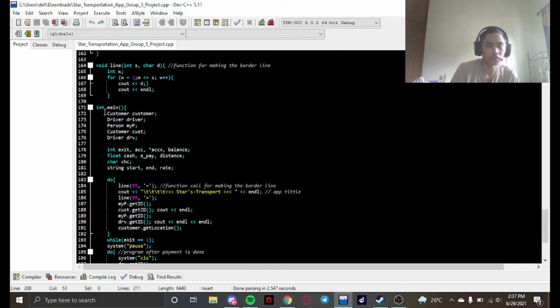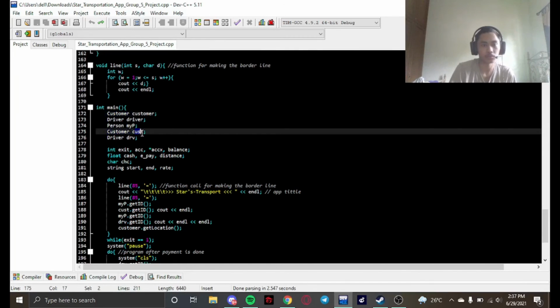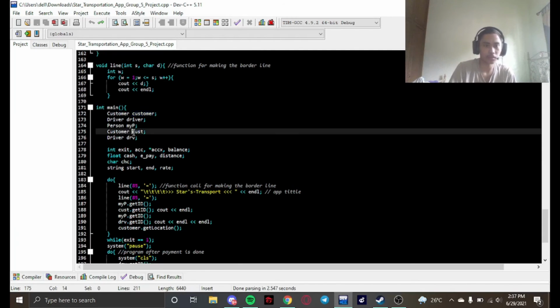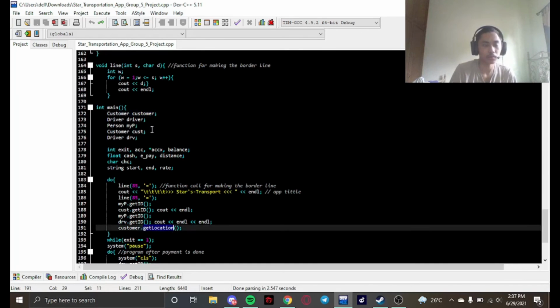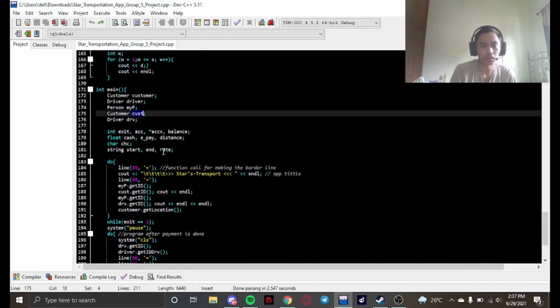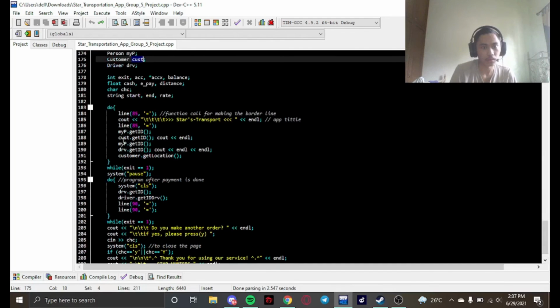Here we have two different customer variables, which call different functions from the same class. First, we have customer, which is used to get the getLocation function in the customer class, and here customer cast is used to get the getID, which is here.